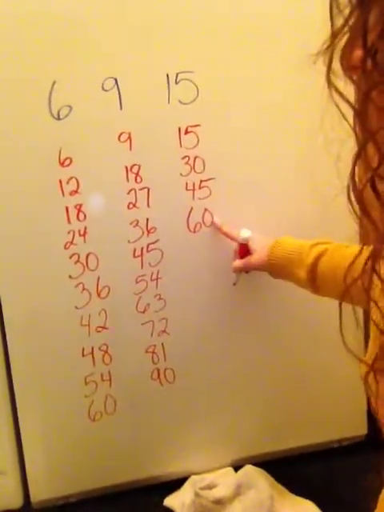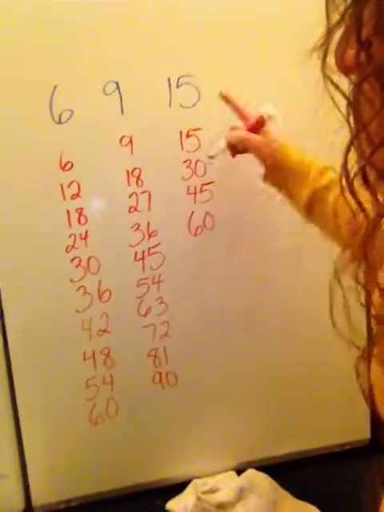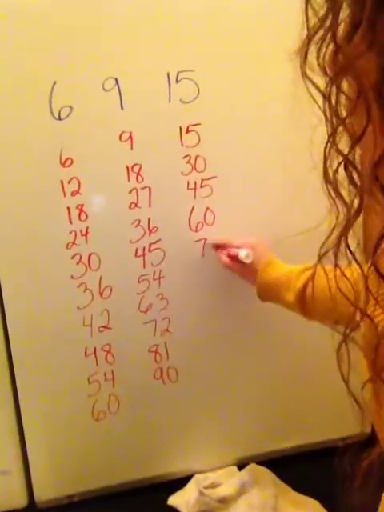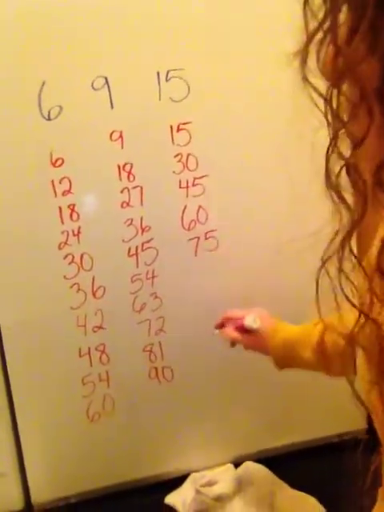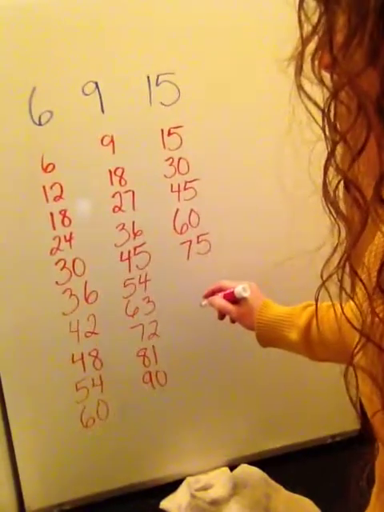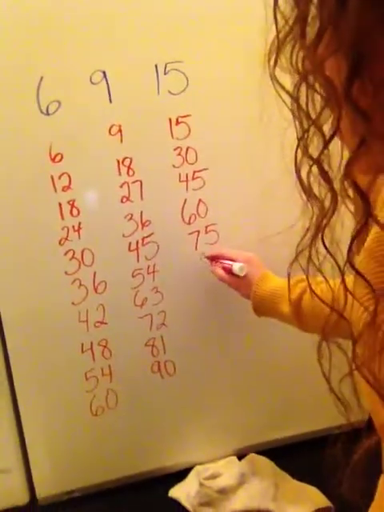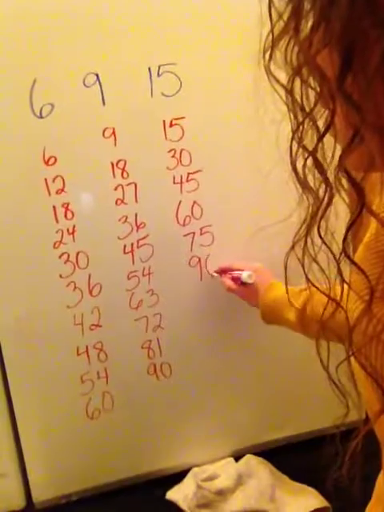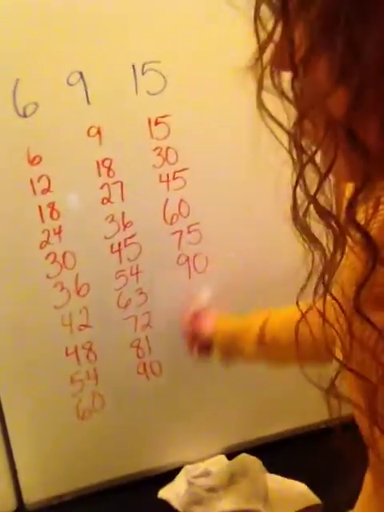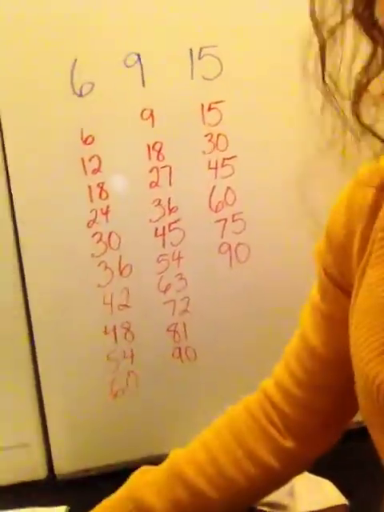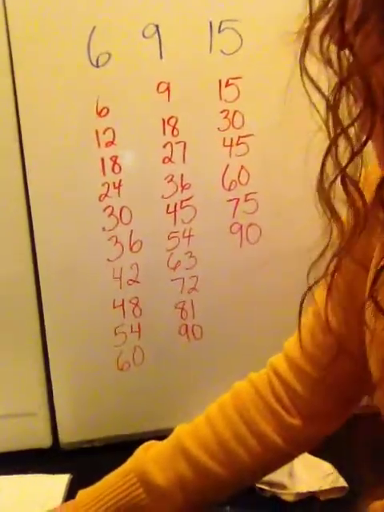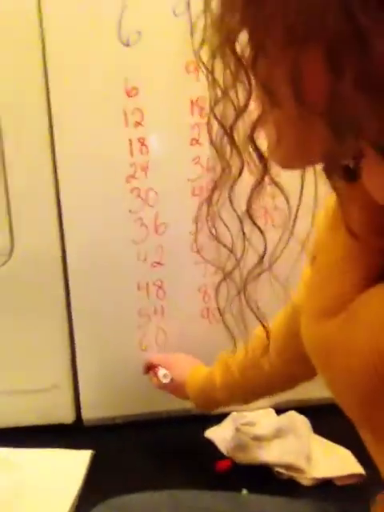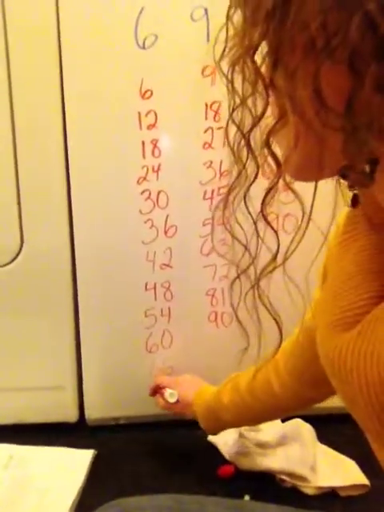So we went 4 times 15. 5 times 15 is 75. 6 times 15 is 90. Ooh, we have two 90s. Maybe, let's see if 6 will produce a 90. So we did 6 times 10, 6 times 11 is 66, 6 times 12 is